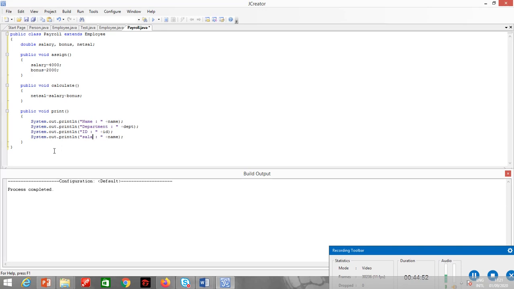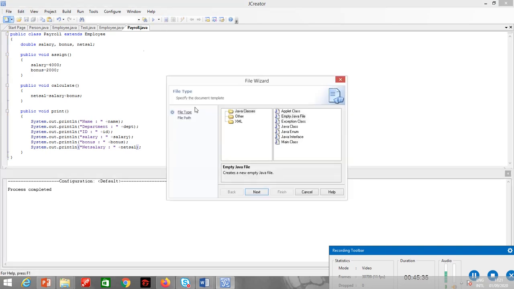So salary, bonus, and net salary. Let's compile it.